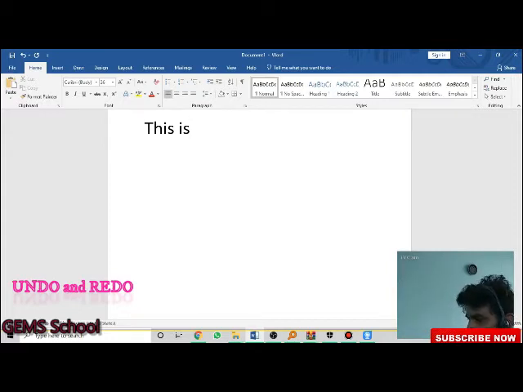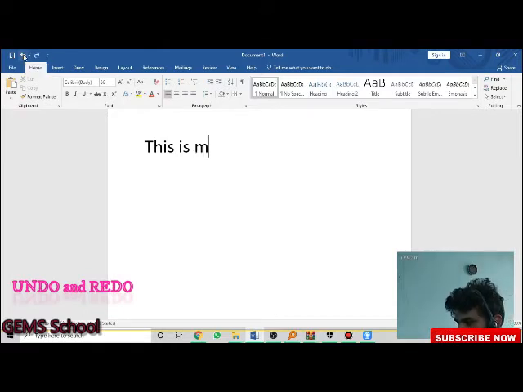What do you mean by the undo option? It brings back the word you have deleted. One of the options in Word is the undo option, which helps you get back the deleted word. There are two ways to do it. The first one: at the top of the Word document, take the mouse cursor over the arrow button. It will show undo typing. Just click this arrow button.